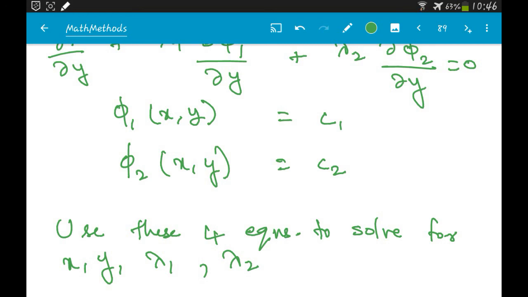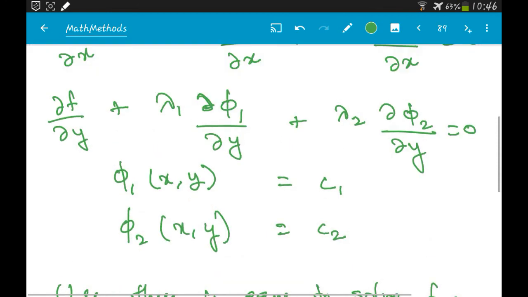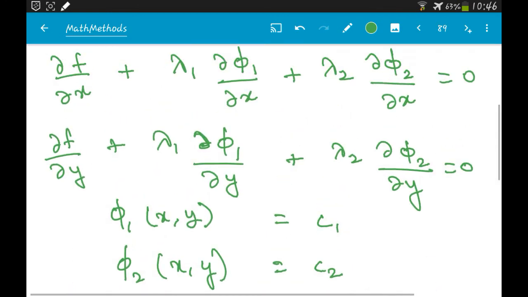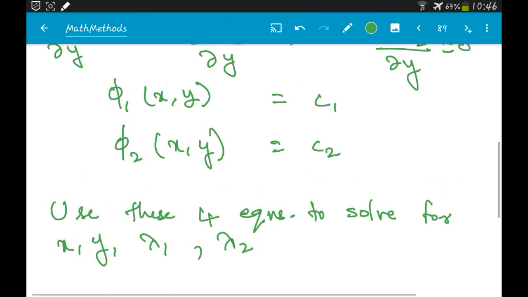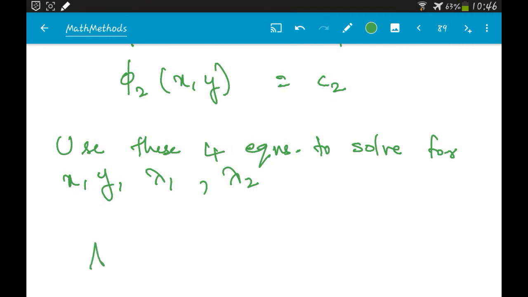If you have a function of x, y, z, then you'll have 3 equations here, right? You'll have 3 equations because you'll have dou f by dou x, dou f by dou y, dou f by dou z as well. So you'll have 3 equations and then 2 equations for the constraints. So you'll have a total of 5 equations. Okay? So that is how you will do it. So you can extrapolate it like that. If you have 3 constraints, then you will have 3 lambda values. So you can just extrapolate it that way. Okay? And so on.